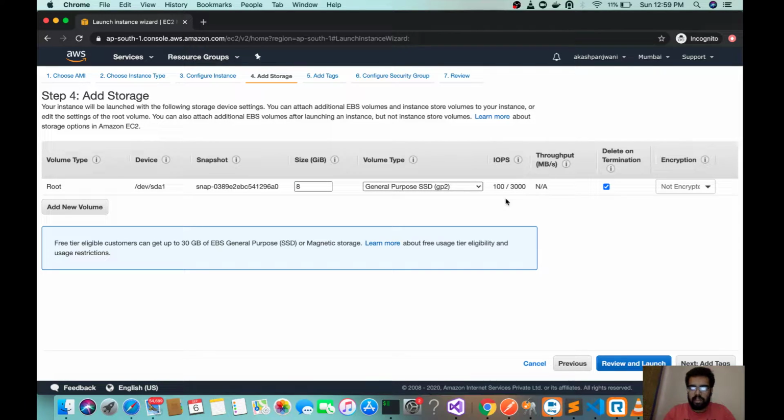IOPS is input output, 100 out of 3000. Delete on termination basically means that if you delete an instance, the EBS will also be deleted. Sometimes if you don't tick this, your instance will be deleted but your EBS will still be there, and it will cost you. To keep your AWS bills lower, we put this tick on delete on termination.